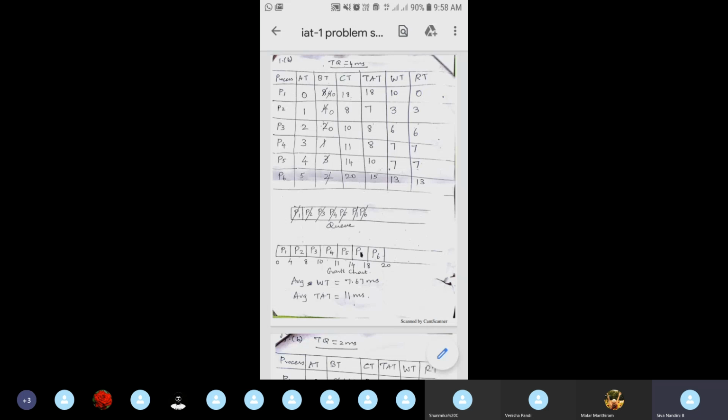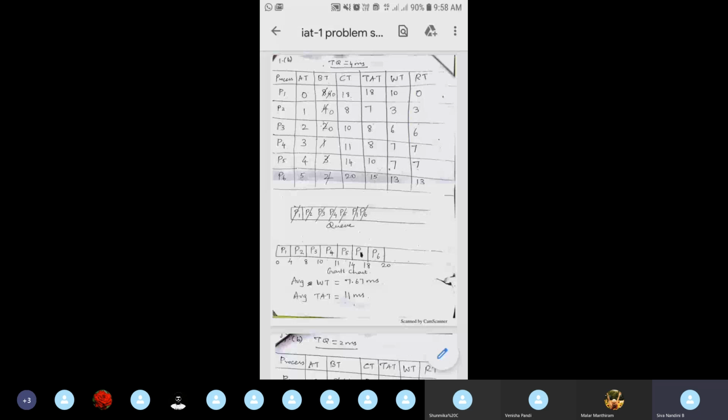Then for response time, what we'll be doing, we'll be looking into the Gantt chart. For each and every process with respect to the arrival time, we'll be seeing when that particular process received its first response from the CPU. You see like that, here we are having process P1. So this process P1 arrives in the system at 0th millisecond. So at 0th millisecond itself, the process P1 got its first response. It started its execution in the CPU. So the response time is 0.